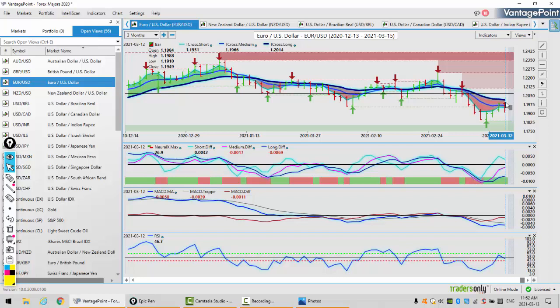We've got the Fed coming up, I believe, next week, and the Fed is going to have to acknowledge that the US economy is improving. That could indirectly point towards rates going higher. That's a euro killer, guys. So we'll continue to monitor this, but just remember,